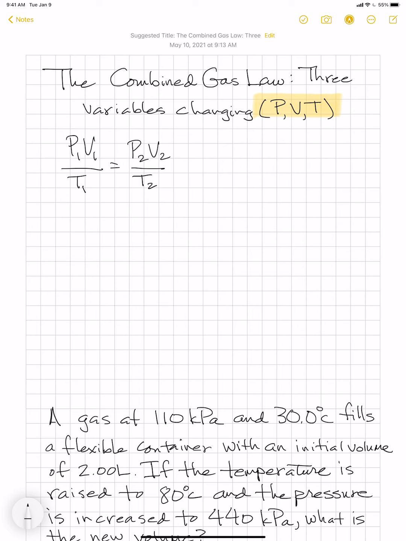If you were only to look at the top, you would see Boyle's law. If you were to look at P1 over T1, you would be looking at the Gay-Lussac law. And if you were looking at V1 over T1 only, you'd be looking at Charles' law. You can use this gas law, the combined gas law, if you were ever required to memorize these, you could use this combined gas law to actually derive the other three gas laws